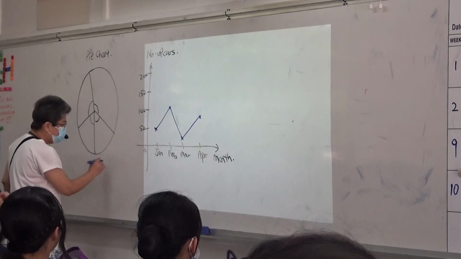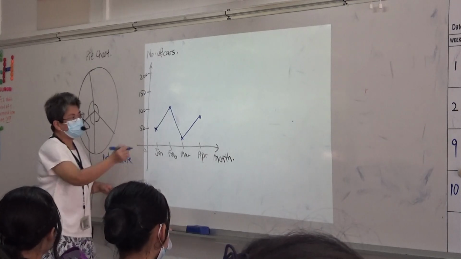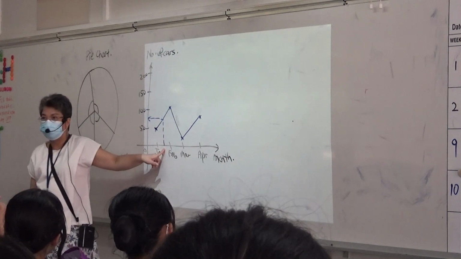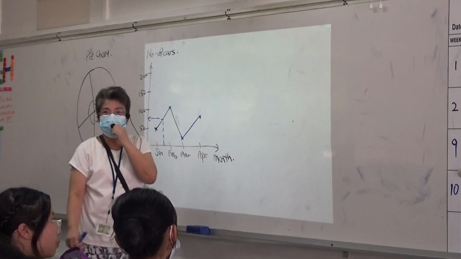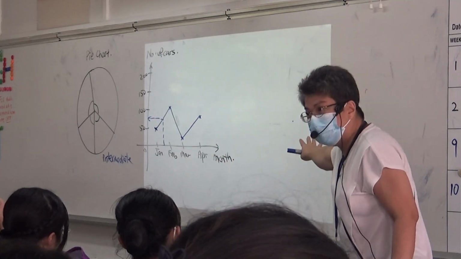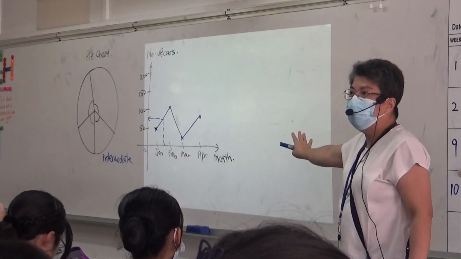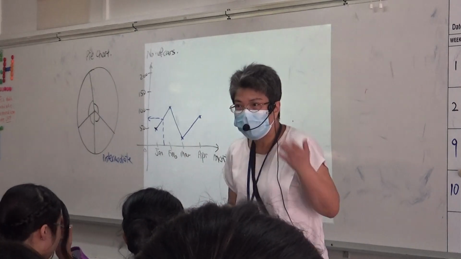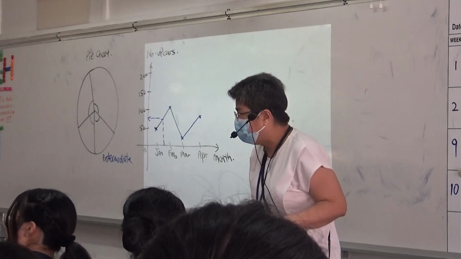Now, the intermediate values. What about intermediate? For example, if it's halfway, it doesn't mean that on the 15th of January, they will sell 75. No. You understand? So, the intermediate values have no meaning in this particular example. Is that clear? The intermediate values have no meaning because we cannot say it's the 1st of January or 15th of January and so on. It's just showing an upward and a downward trend. Is that clear? Okay, now,